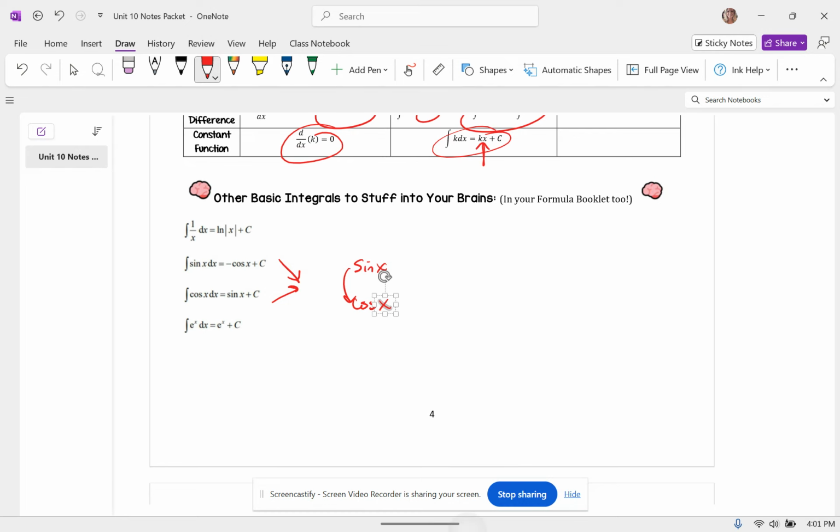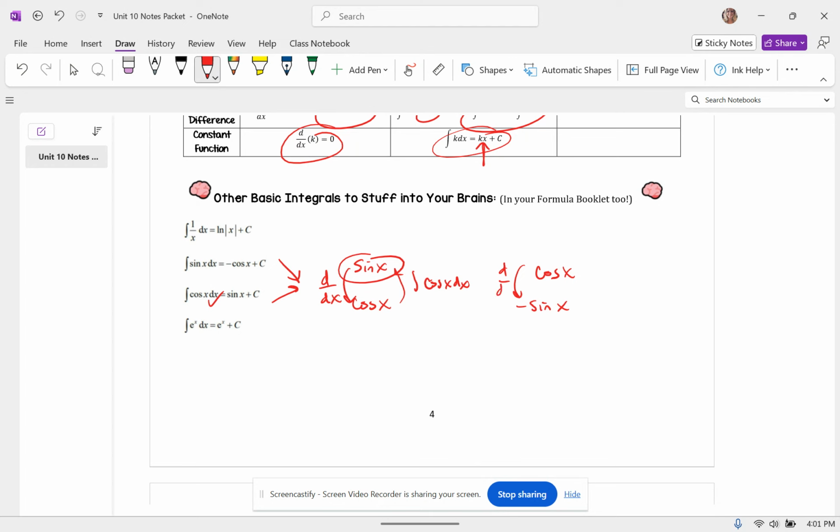Well, if you're taking the derivative of sine, it gets you to cosine. So if you're integrating cosine, you're going to end back up at sine. That helps you with this one. And then for the other one, the derivative of cosine is negative sine,